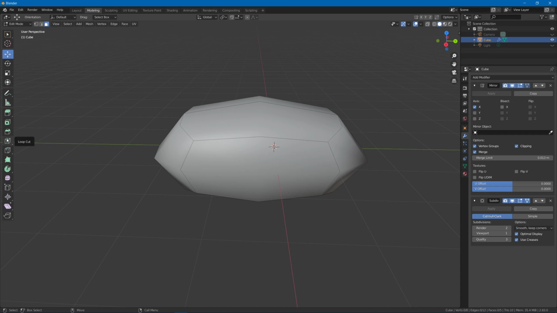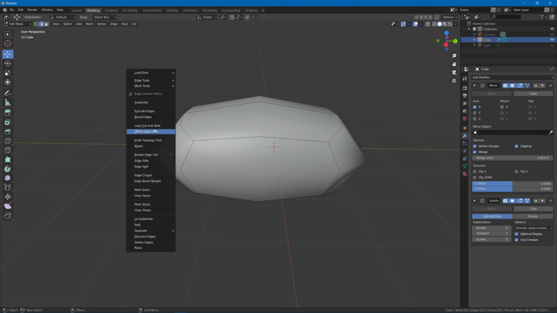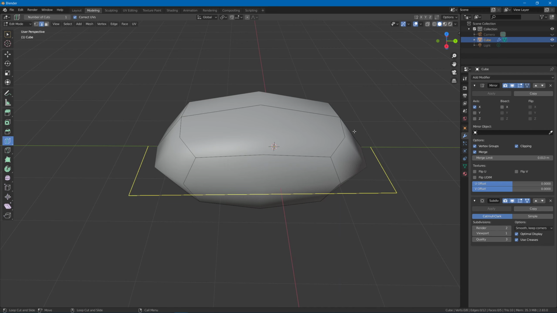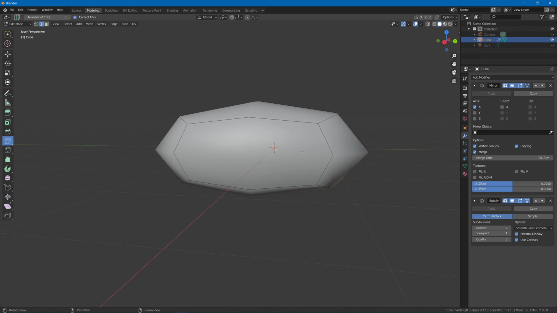Now remember, that's here, right? It's in this menu right here, loop cut. It is actually, if you go to edge mode for edge selection type and right click, you'll see there is loop cut slide there as well. But it is here as a tool, and the quick key for it is Alt-C. Alt-C. Now, we saw before that if we just left click, it automatically snaps to the center, kind of perpendicular